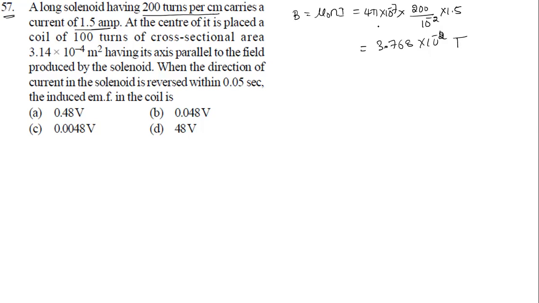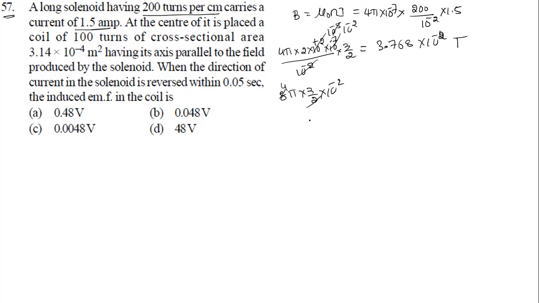Sir, how can we simplify this one, sir? Very simple. If I take this one here, 4 pi into 200 is, I'll write 2 into 10 power minus 2 into 10 power minus 7, divided by 10 power minus 2 into 1.5, which means 3 by 2. So if we simplify, these powers will cancel and become 10 power minus 5, and this will cancel 10 power minus 2. So it is 8 pi into 3 by 2 into 10 power minus 2.